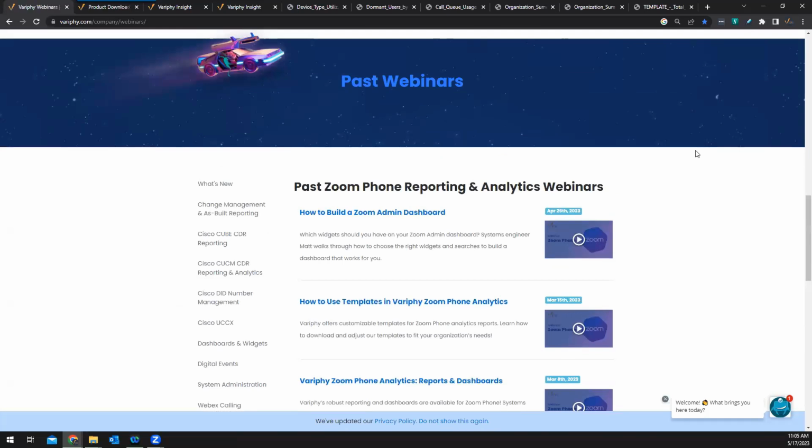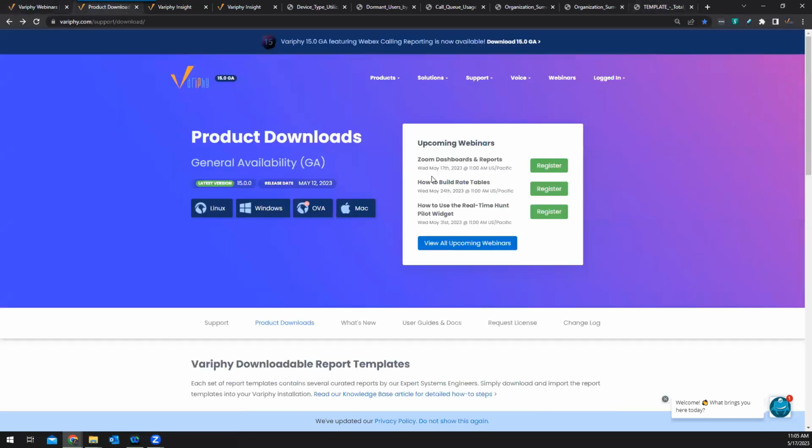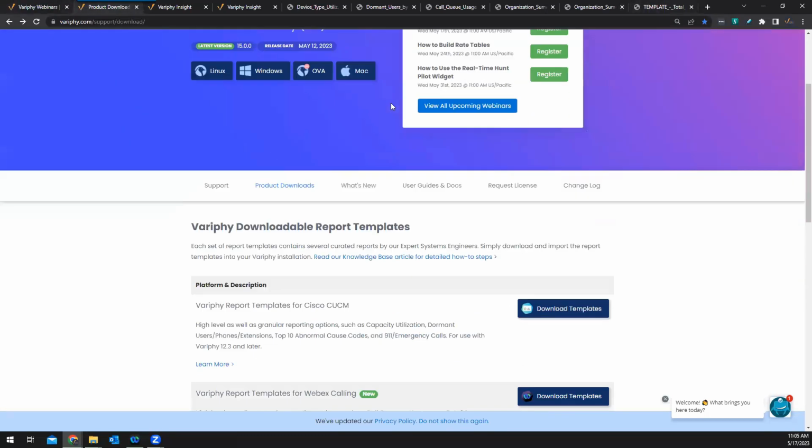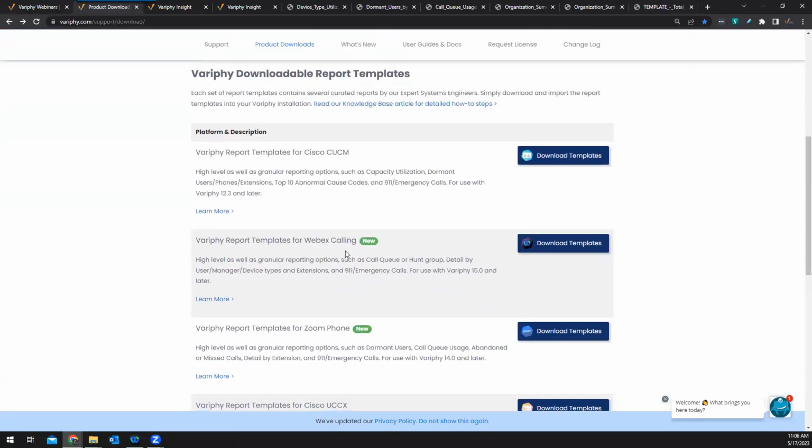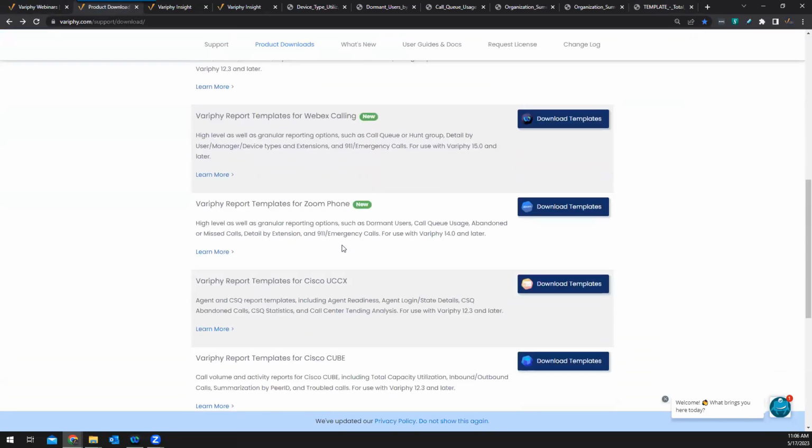So let's just dive into it here. First thing I did, rather than try to build a bunch of stuff from scratch, because why reinvent the wheel, I went to our templates page, which is on our product download page, and I just downloaded some templates. Now, if you scroll past where we have the actual Verify application downloads, you'll see that there are downloadable template zip files for each